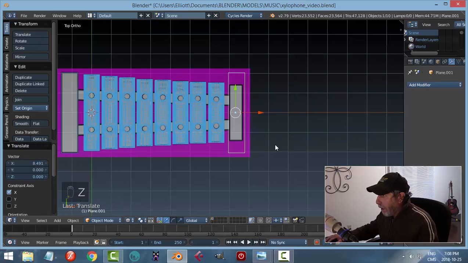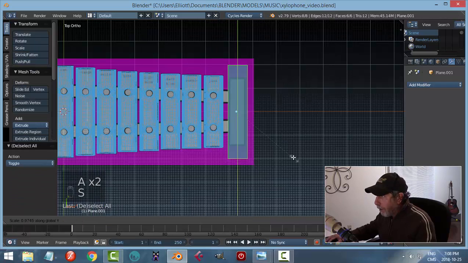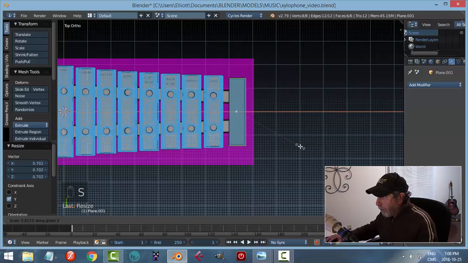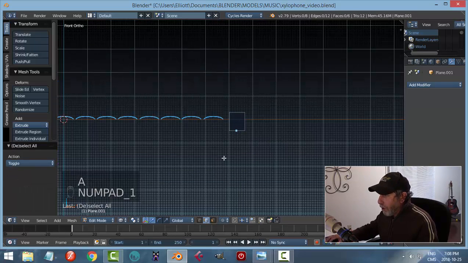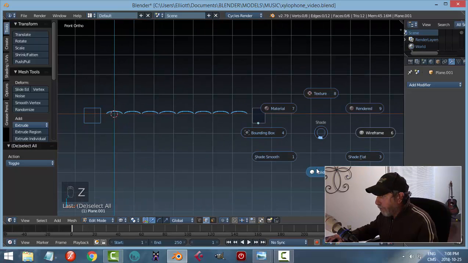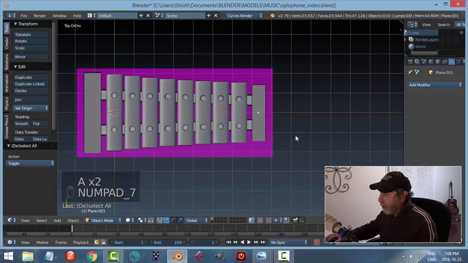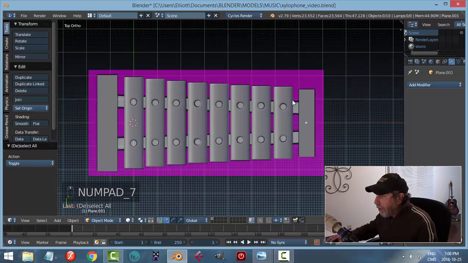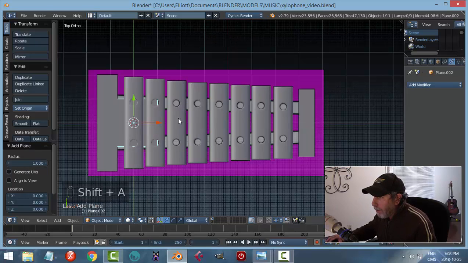We'll go into wireframe. Now let's go in edit mode as well. And we'll just scale this in the Y. We'll scale in the X. Look from the side. And should still be the same level, I hope. Okay, we'll start with that. And then I think to make these, I don't think it'll matter if I do it, I'll just bring in a plane,